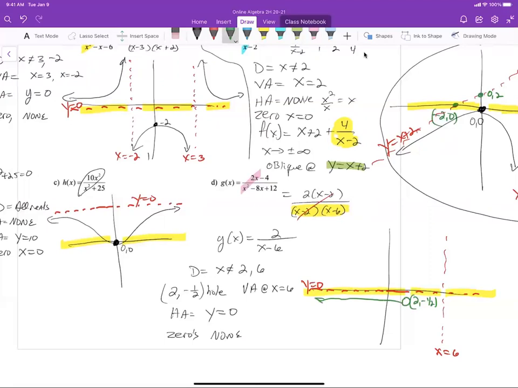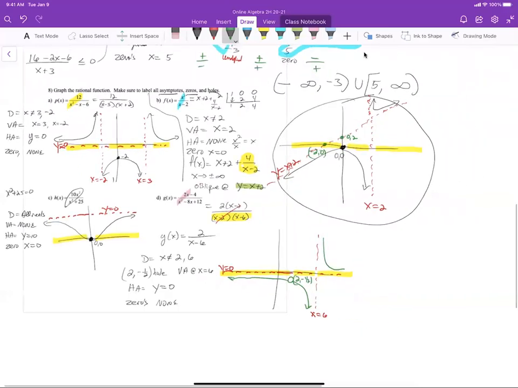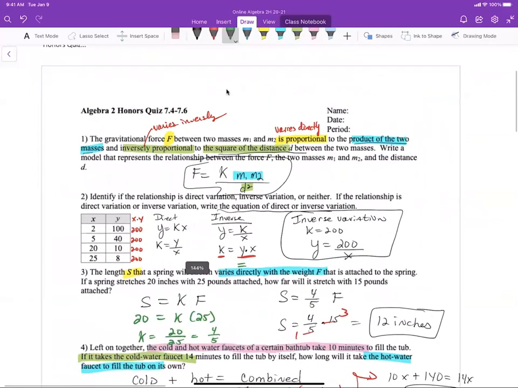Now I probably have to plug in a number to the right of 2 to see, do I stay positive or negative, which it'll end up staying negative, but let's plug in a number real quick. If we have a value of, I don't know, 3, 2 over 3 minus 6, that's negative, so we're headed this way. Now we've got to figure out, are we above or below the x-axis? So let's pick something like 10. 2 over 10 minus 6, that's positive, so we're up in this region. And that's how you would graph it. Everything's labeled. Hope that makes sense. And with your studying and practice,